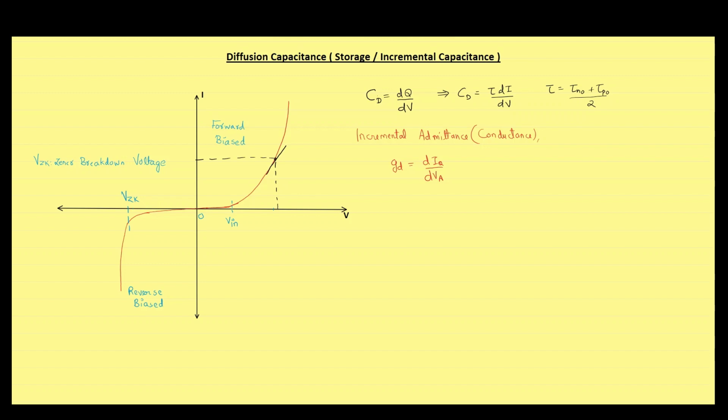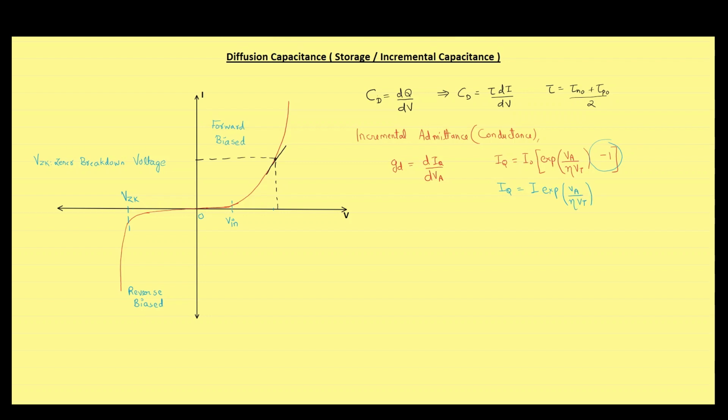You know that I is equal to, here N is the ideality factor, Vt is the thermal voltage which is equal to kT by q, and Va is the applied voltage. Now assume that the applied voltage Va is sufficiently large such that we can ignore the -1 term in the expression of current, so that the current will become,